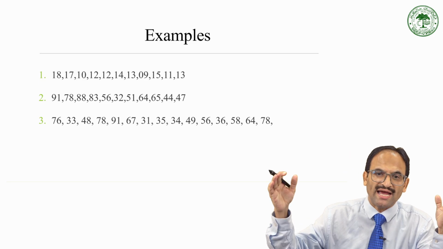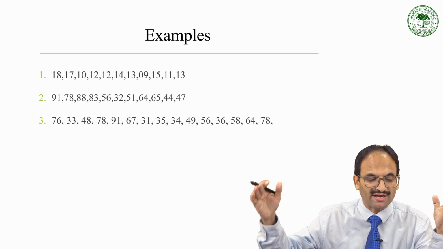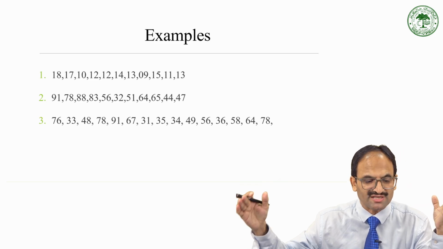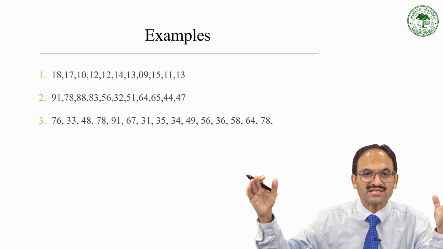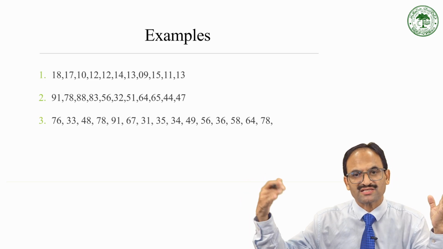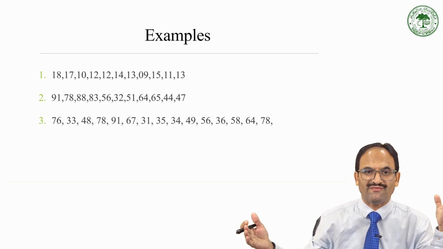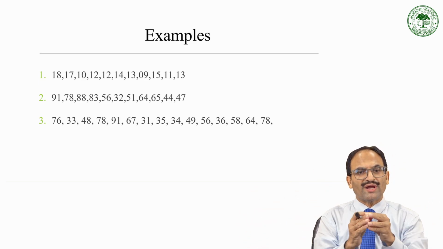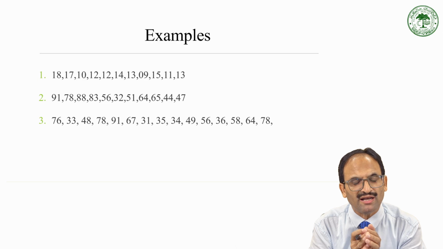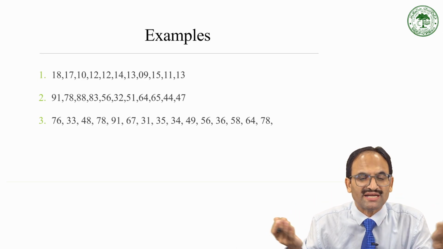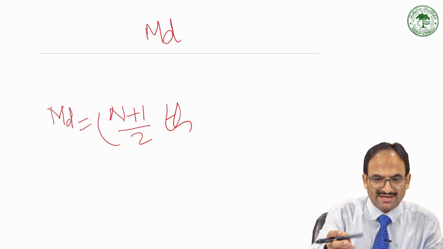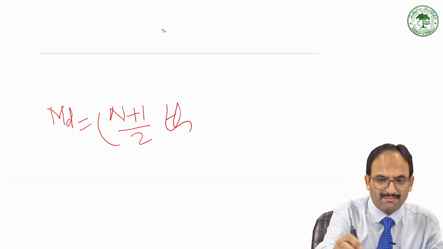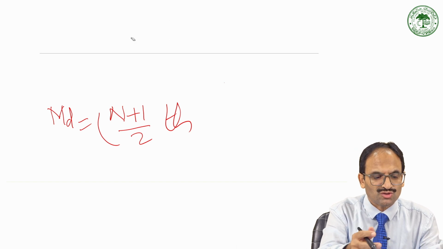Then proceed and you will find it is 48, then 49, then 56, then 58, then 64, then 67, then 76, then 78, 78 two times, and finally 91. And then you will locate which number is there in the middle, and that number will be the median of this whole data set. So let me write it. So I am writing the numbers. So the lowest number